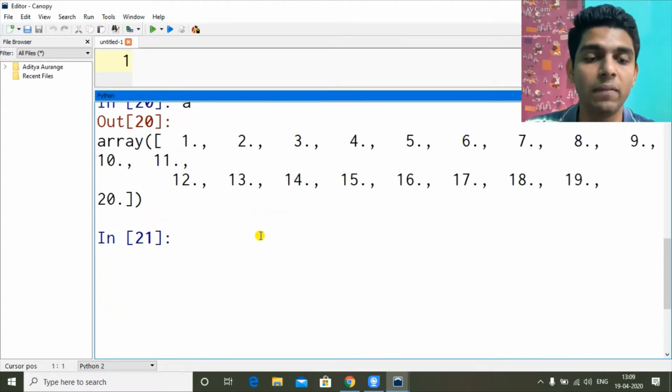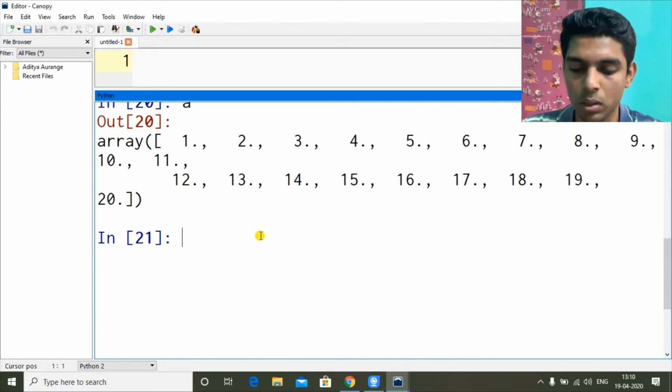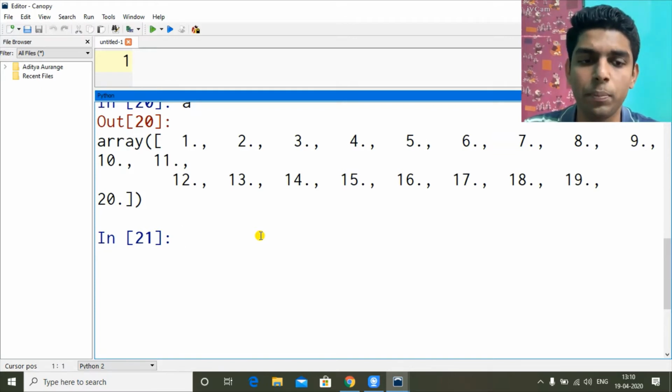Now this is useful when we are doing work with graphs. There we want x axis, y axis, like points on x and y axis. So we can create points using linspace. There's a chapter like matplotlib, in that we will use linspace a lot, and there also we will have to use numpy. So let's say I want 100 points between 0 and 1. So how can we do that?